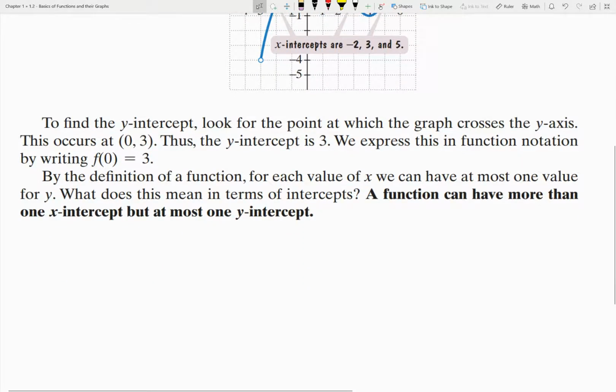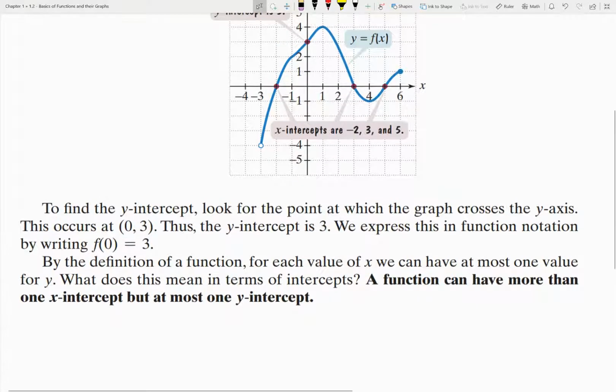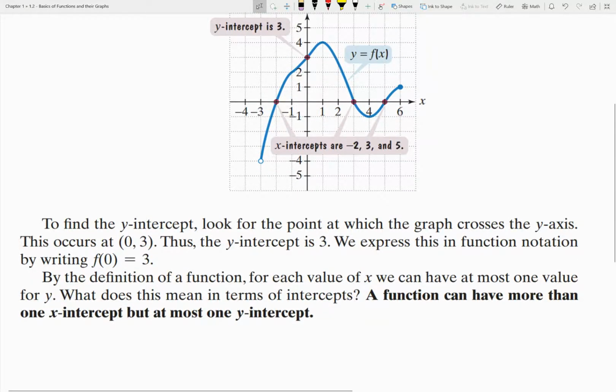And then to find the y-intercept, right, same idea that we just talked about with x. We see where the graph crosses the y-axis, and f of 0 equals 3, but we don't call that a zero, right? When we call numbers that the function input gives us 0, those are the zeros of the function. In bold, important,